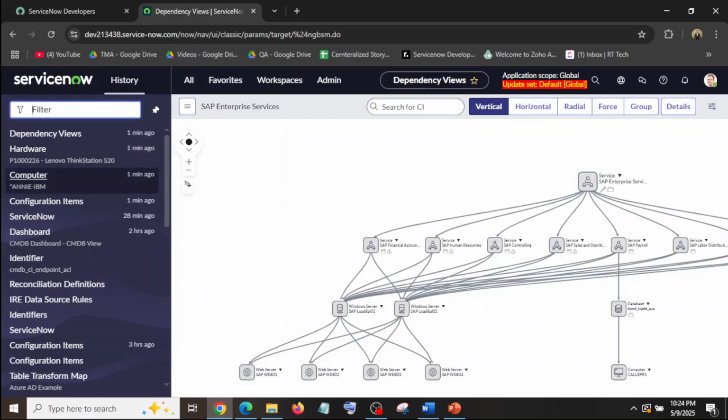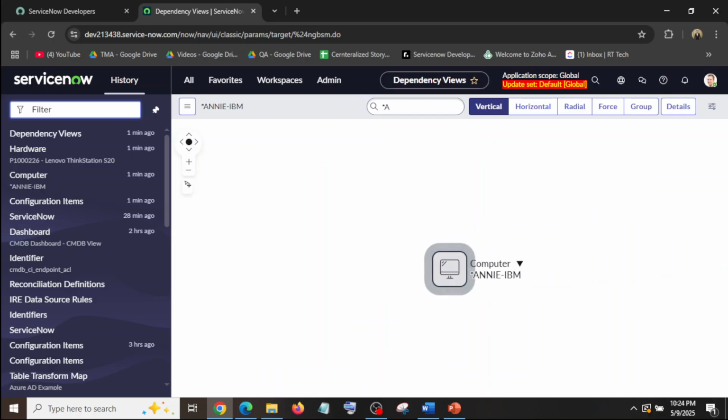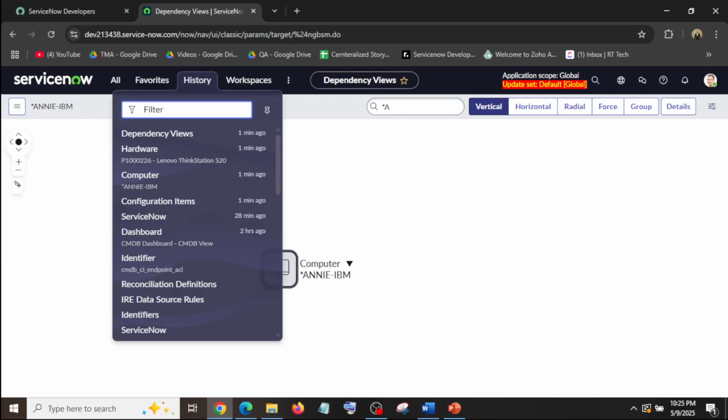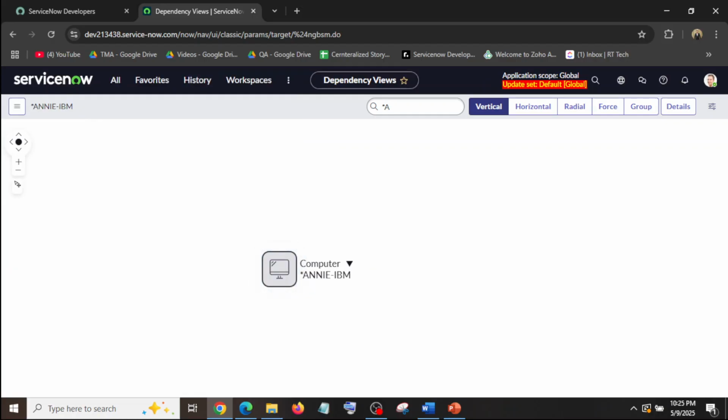You can also search different CIs here. So this is the dependency view of the CI.